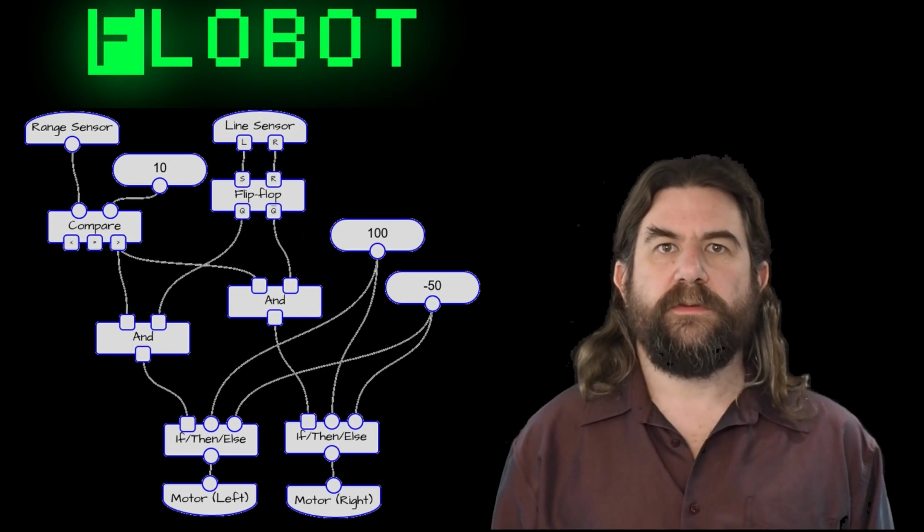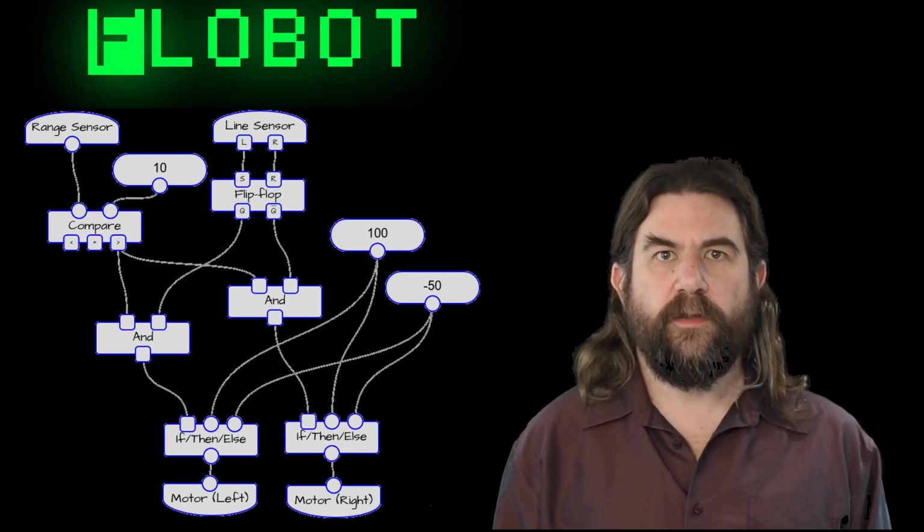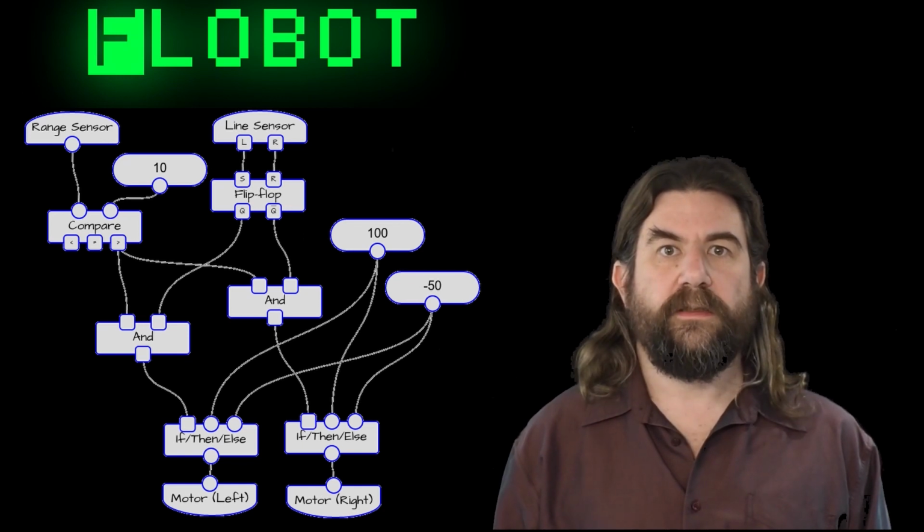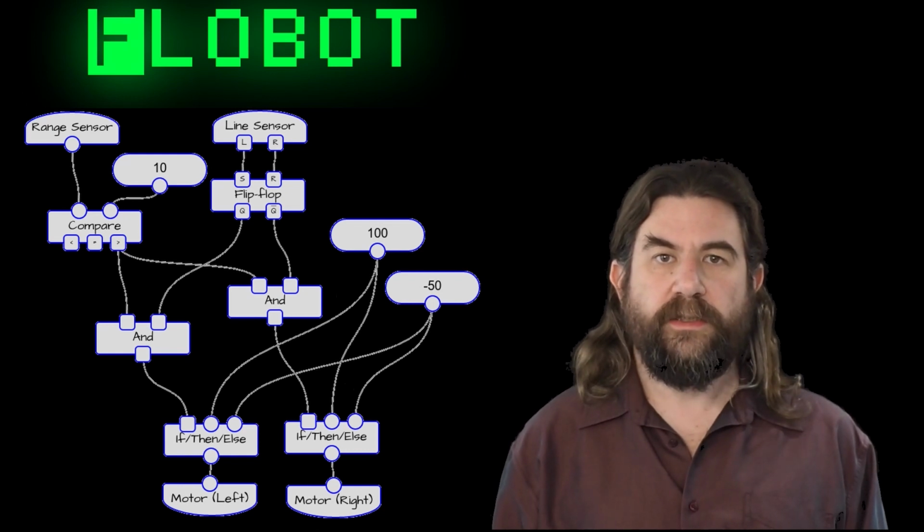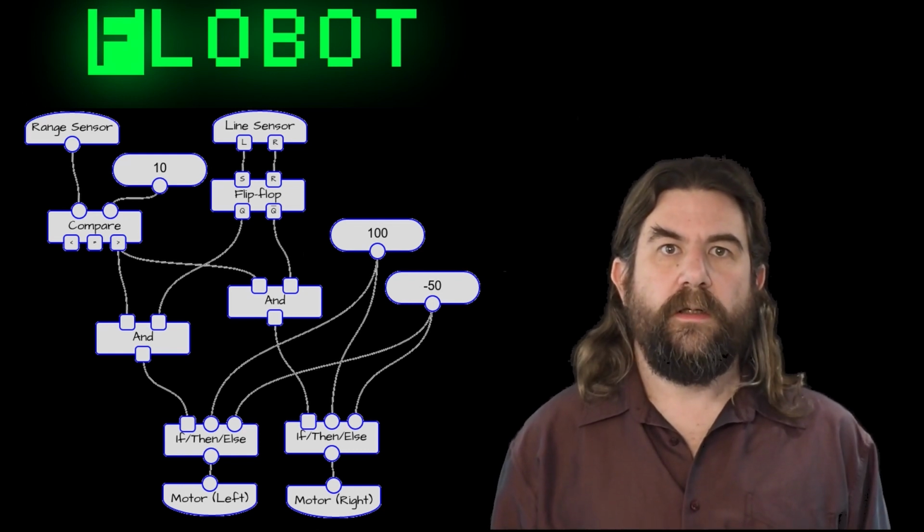Inspired by these examples, I developed Flobot, a visual data flow-based language for controlling robotic toys. Sensors and actuators are represented by nodes at the top and the bottom of the screen. Their shapes indicate their purpose. Sensors only have outputs and actuators only have inputs. There are also functions which have both inputs and outputs.